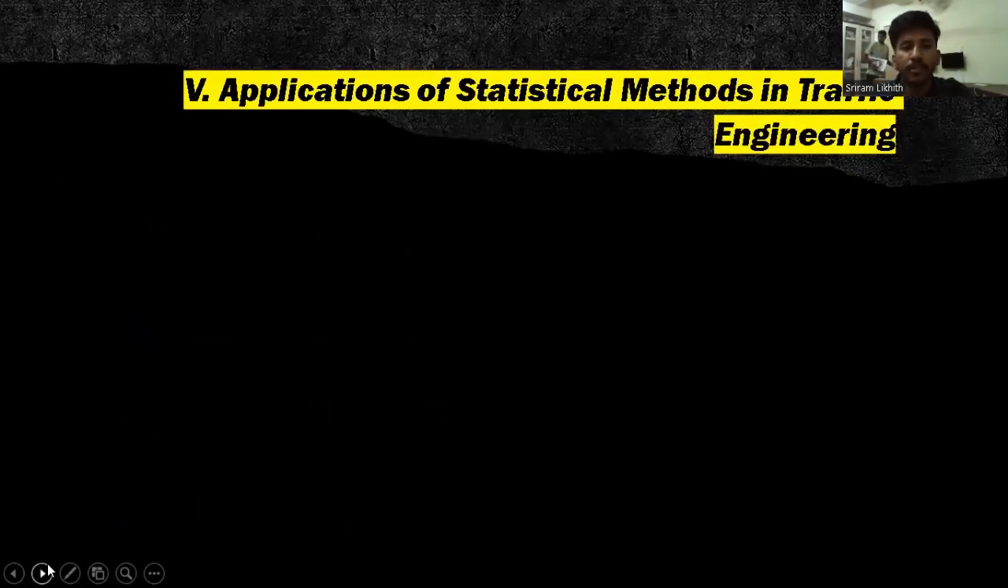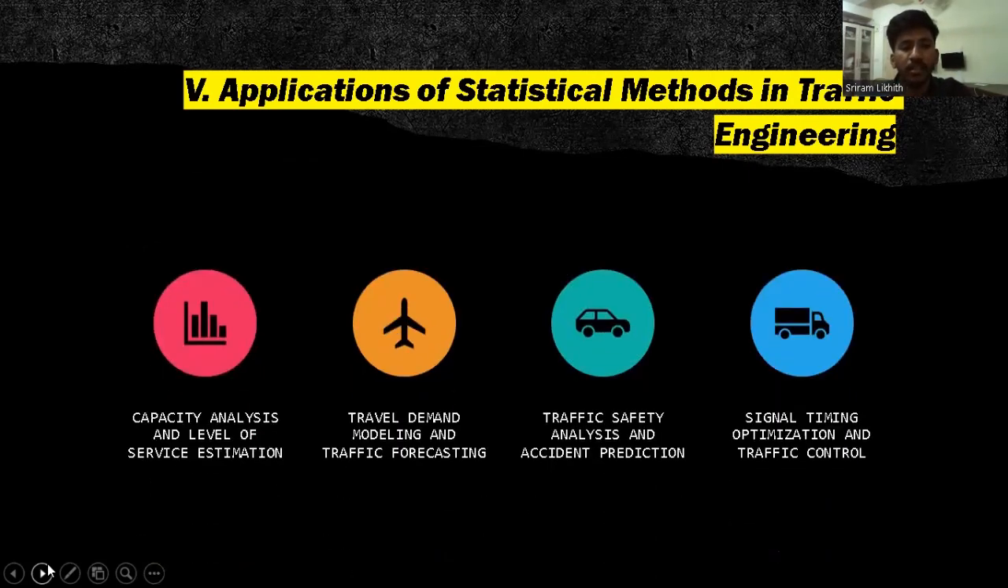If we go to the next topic, applications of statistical methods in traffic engineering, there are four aspects: capacity analysis and level of service estimation, travel demand modeling and traffic forecasting, traffic safety analysis and accident prediction, signal timing optimization, and traffic control. If we go to traffic safety analysis and accident prediction,